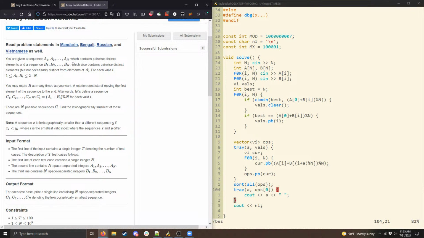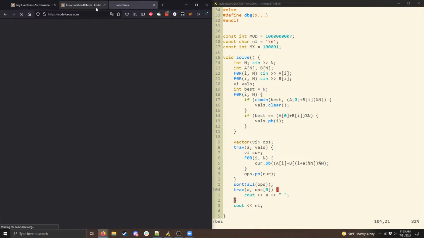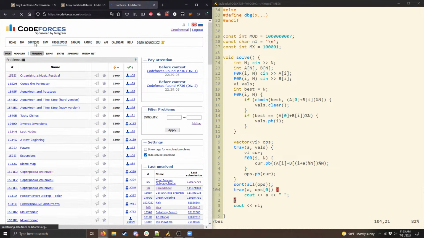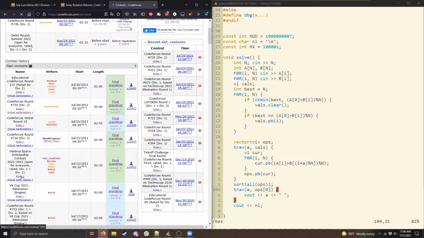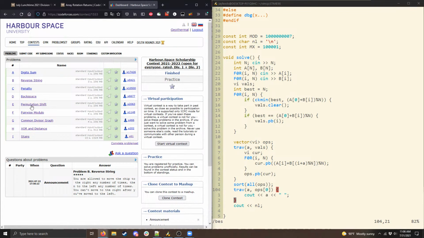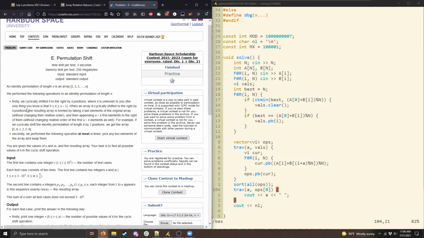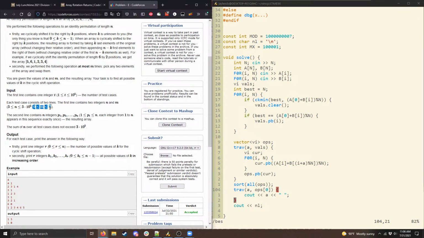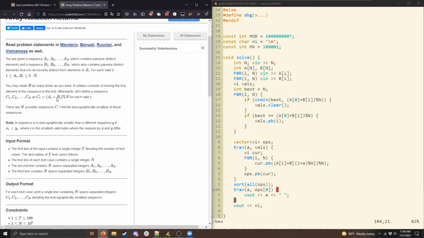They might be important. There's a problem like this on Codeforces a little while back. Let me find it. I think this was from the Harbor Space Contest, problem D, I want to say. Or no, problem E. Yeah, there was this problem here, and I'm not going to go over this whole problem, but there was this 0 less than m less than n over 3 constraint, and immediately you should be thinking, okay, this bound has to be important, and indeed, this did end up being the solution to the problem. So in general, look for weird constraints in problem statements and try to abuse them where you can.